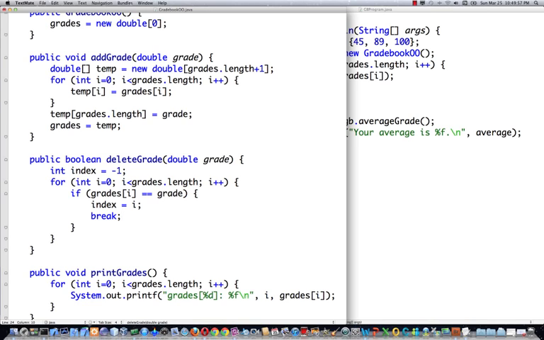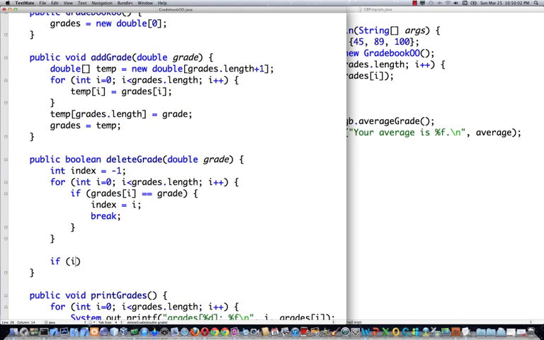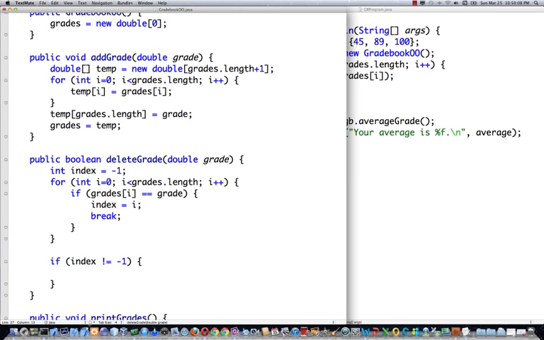Okay, so if index is not equal to minus 1 ማለት ተገኝቷል ማለት ነው ኤሌመንቱ